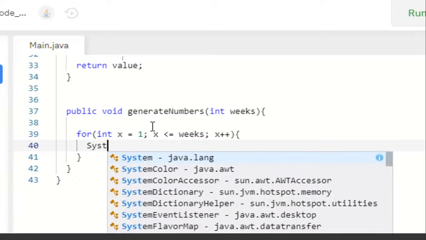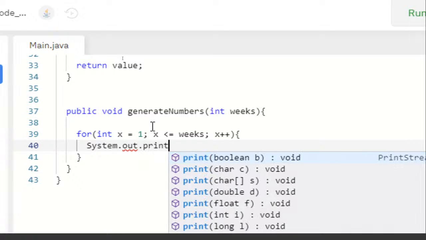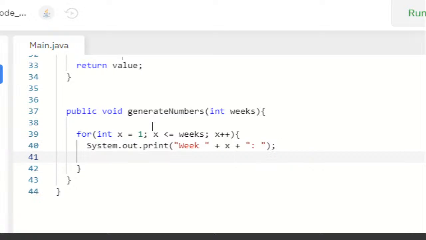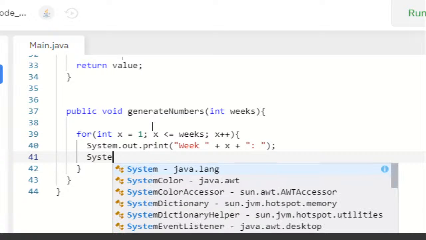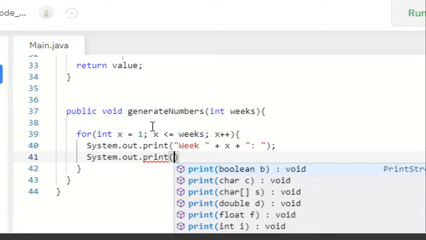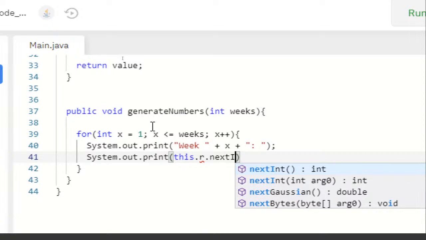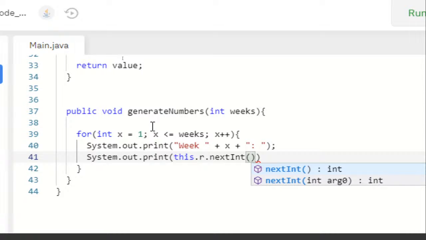We will System.out.print week, x, colon, and then we'll generate and print a random number. So System.out.print this.r.nextInt, and we want everything that is from